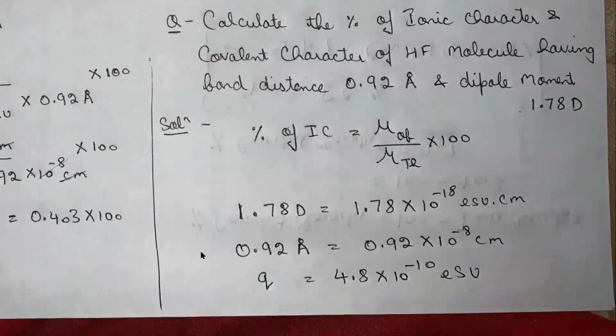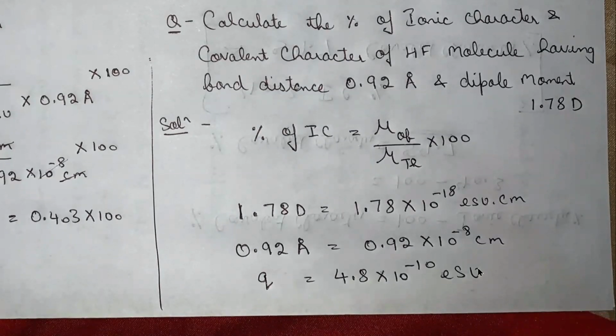We have to convert 1.78 debye into ESU centimeter. We know that 1 debye is equal to 10 raised to power minus 18 ESU centimeter, so we multiply it with 1.78. We know that 1 angstrom is equal to 10 raised to power minus 8 centimeters, so we multiply the value of angstrom by 10 raised to power minus 8. And the charge in ESU on one electron is equal to 4.8 into 10 raised to